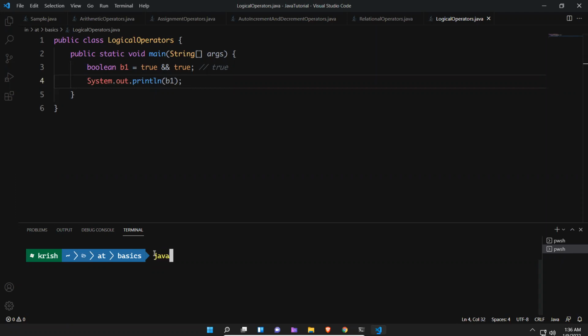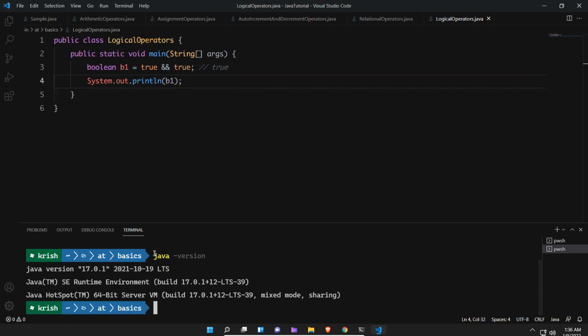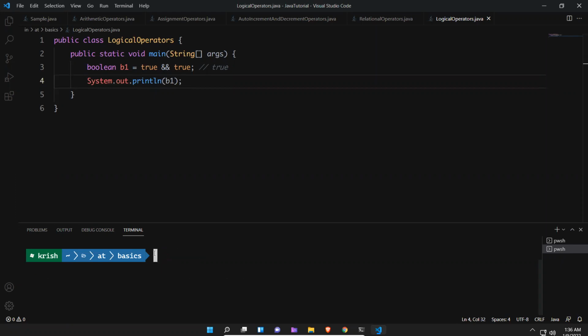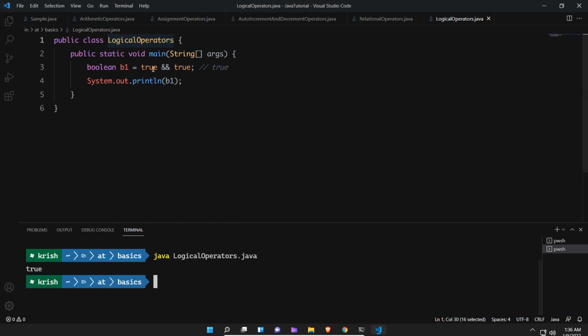We are using Java 17. So you just remove the c, java LogicalOperators.java, then hit enter. You see that true and true printed true. Now you can use this single command.